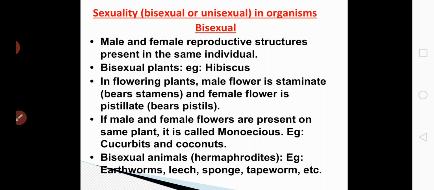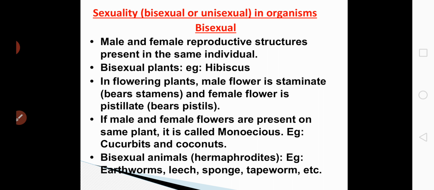Once again I'll repeat the terms: bisexual, staminate, pistillate and monoecious. So bisexual means if the male and the female reproductive structures are produced in the same